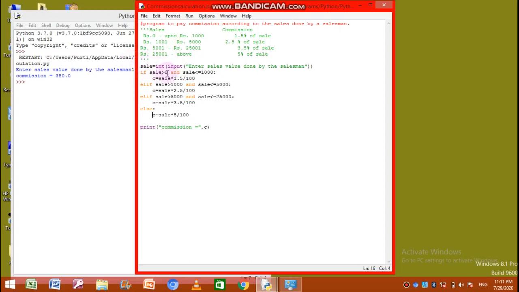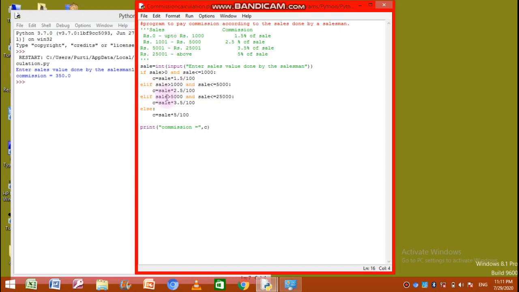10,000 is greater than 0, yes, but the sale is less than or equals to 1000, no. The condition is false, so the and will not produce a true result. Overall result is false. It jumps to this part. 10,000 is greater than 1000, yes, and 10,000 is less than 5,000, no. So again it becomes false, it jumps here.